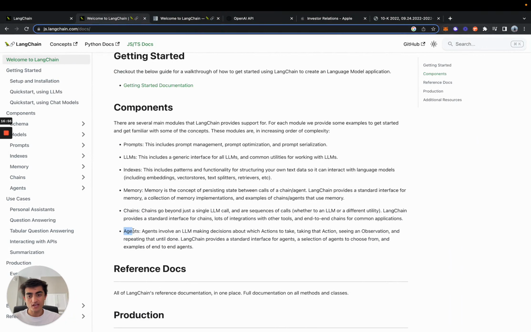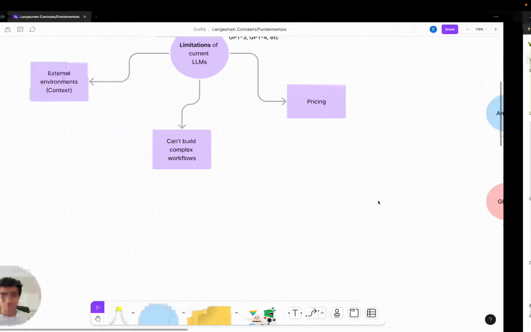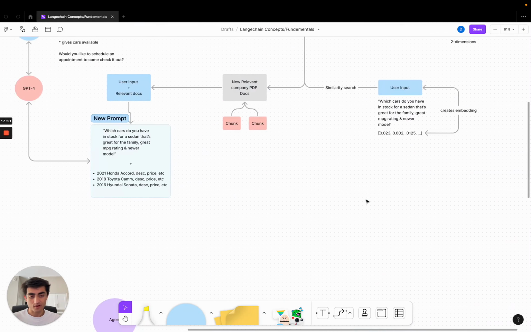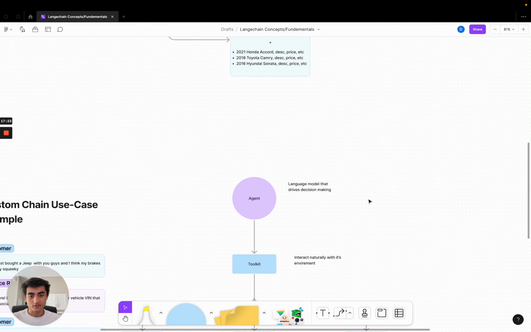And then there's also agents, which is going to be the next example I provide, but essentially they can make decisions of what actions to take on behalf of the user or the language model. So it's pretty nuts how it does this. It kind of has its own logic and reasoning associated with it. But again, to better understand this, I want to provide another use case, and we'll just stick with